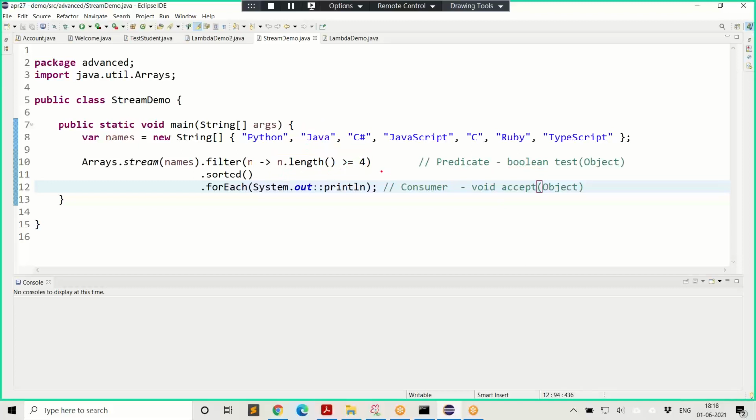So you can alternatively create a class that implements Predicate interface, define a method called test, and inside the test you write the code which eventually returns a Boolean. Of course, it uses this object. This is the object that is to be either selected or rejected. If you want to select it, return true. If you want to ignore it, return false.